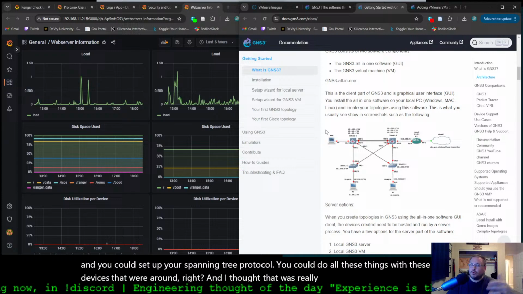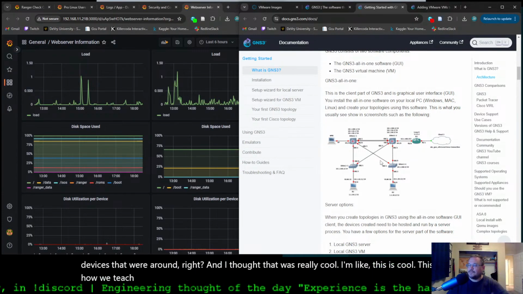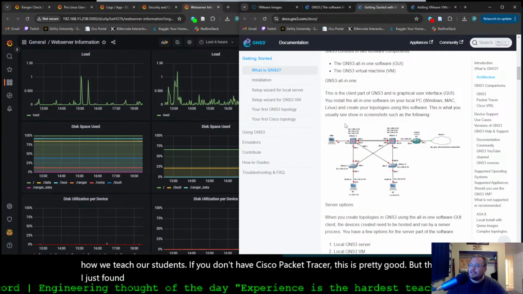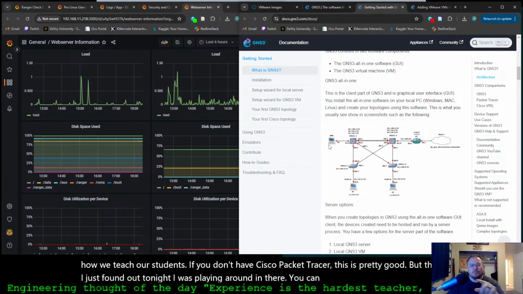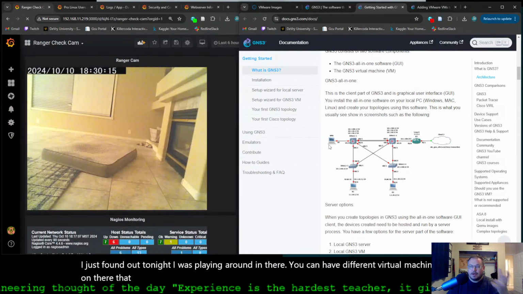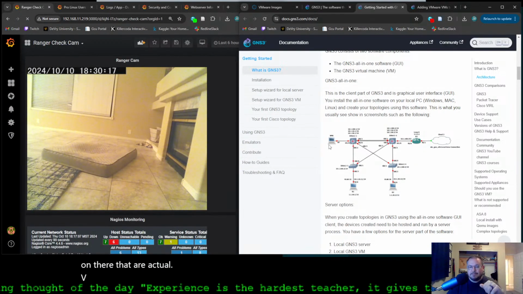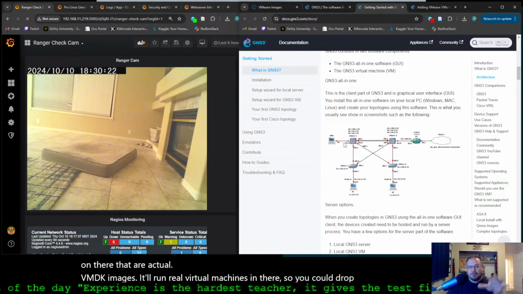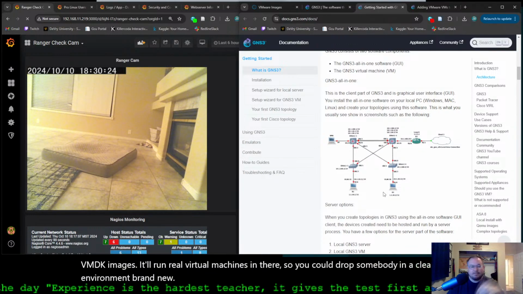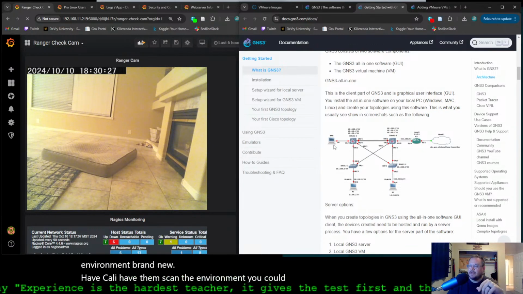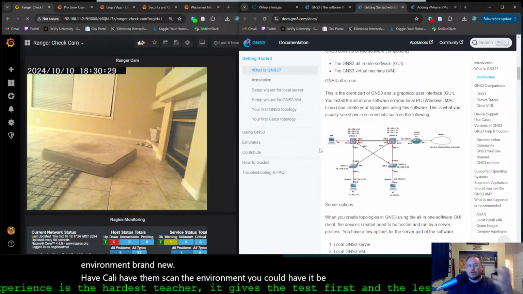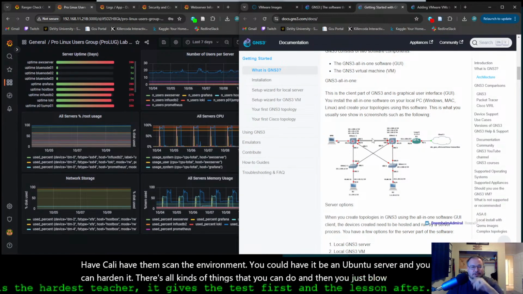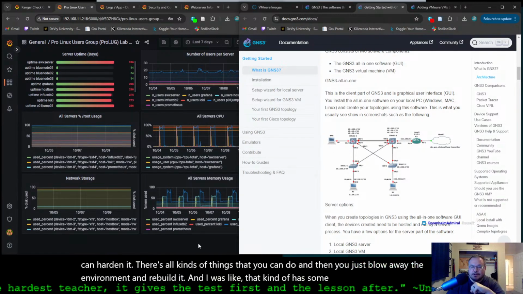This is how we teach our students. If you don't have Cisco Packet Tracer, this is pretty good. But then I just found out tonight, while playing around in there, you can have different virtual machines that are actual VMDK images. It'll run real virtual machines. So you could drop somebody in a clean, brand new environment, have Kali, have them scan the environment. You could have it be an Ubuntu server and harden it. There's all kinds of things you can do, and then you just blow away the environment and rebuild it. And I was like, that has some pretty good